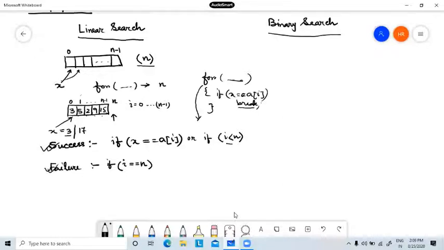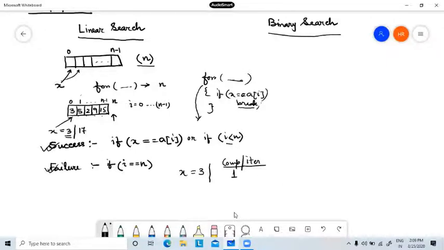Okay, logic clear? Now see, if I am searching 3 here, then how many comparisons do I require? If my x is 3, then I need only how many iterations to complete the loop? Only 1, because my first element is my search element.